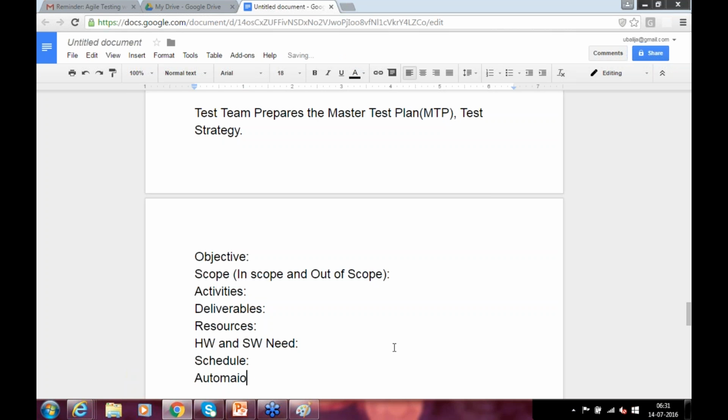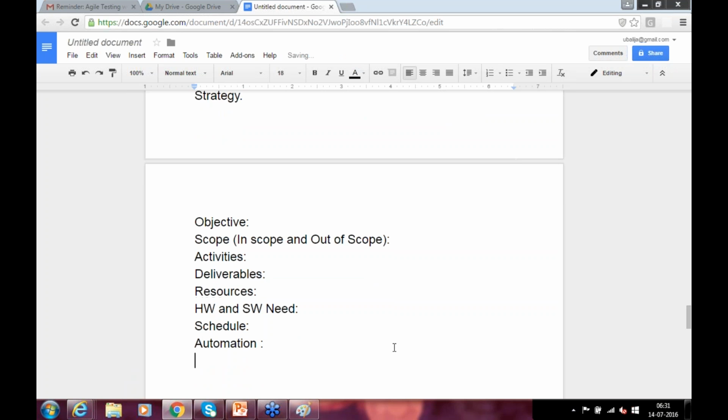Then what is your automation tool or strategy that you're going to use? And what is your test management and defect management tool that you're going to use? We will also explain defect